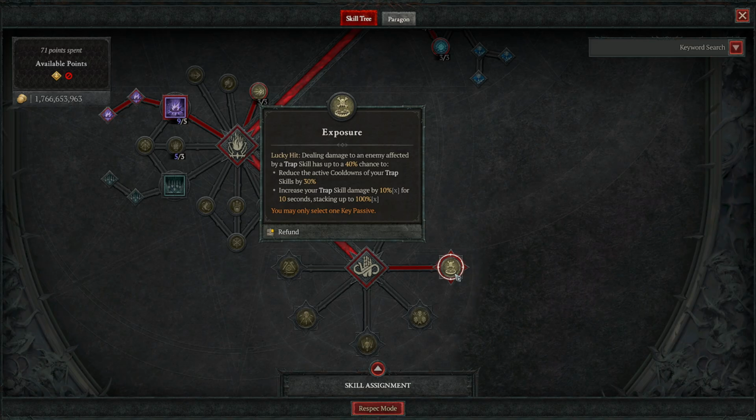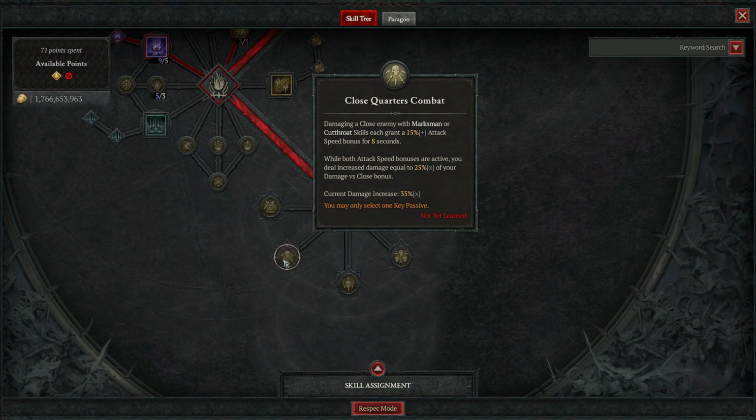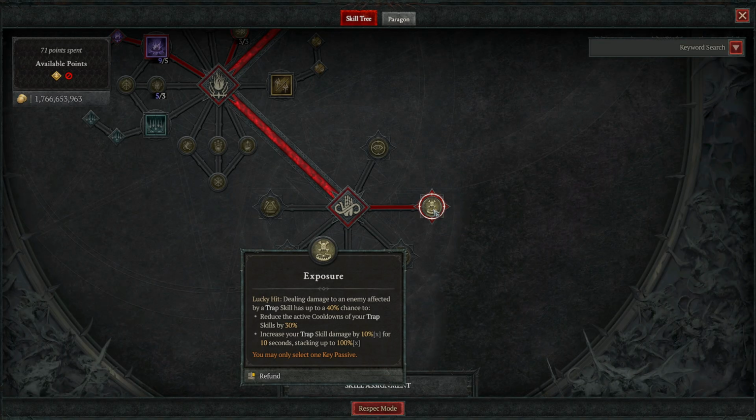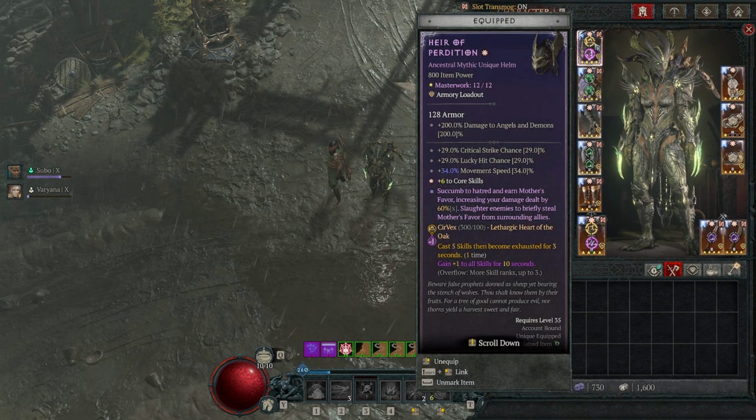Lastly, we got Exposure, giving us 100x more damage, so you may notice that if you watched my previous video about the Poison Trap Rogue, going into detail, we actually use close quarters combat, but in this variant we use Exposure. And then going into the character, we now have Arrow of Perdition, giving us a +2 core skills, because